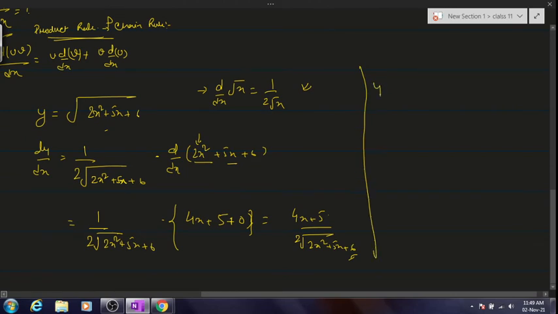Now let's move on to a different kind of differentiation. Supposing we have root of sine 2x plus 5. Is it clear? Now look here, dy by dx, anyone can tell me what will be the answer for this? The next step: root x, we'll be assuming this entire quantity, sine 2x plus 5, as x. Is it clear? So root x differentiation is 1 by 2 root x. Till this much is it clear? Yes or no?